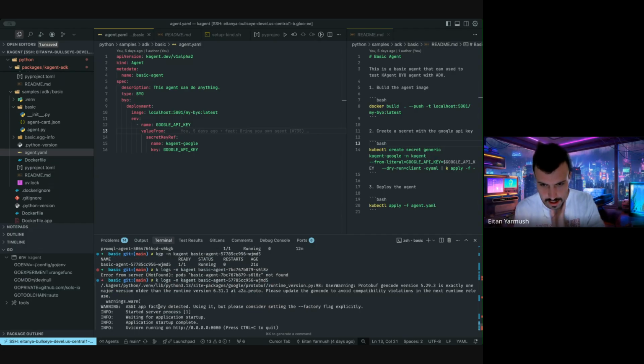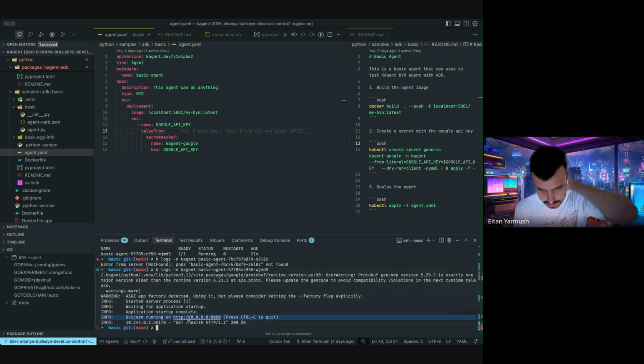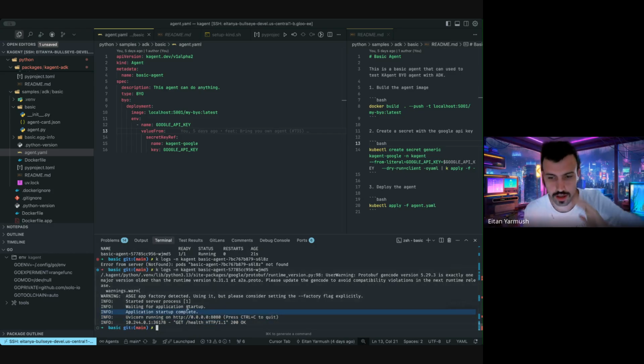And as you can see here, that started the process. It's running on 8080 and it's got the health checks going. Awesome. So now what I'm going to do is I'm going to,